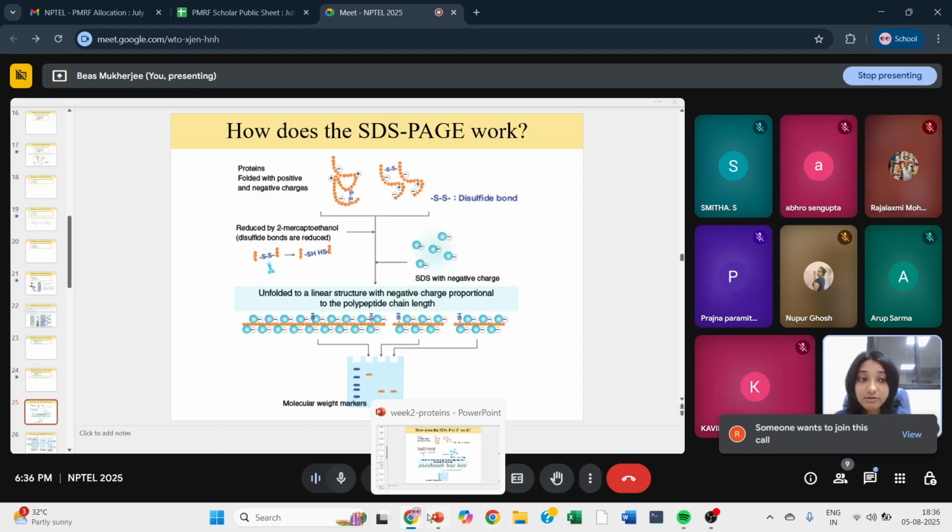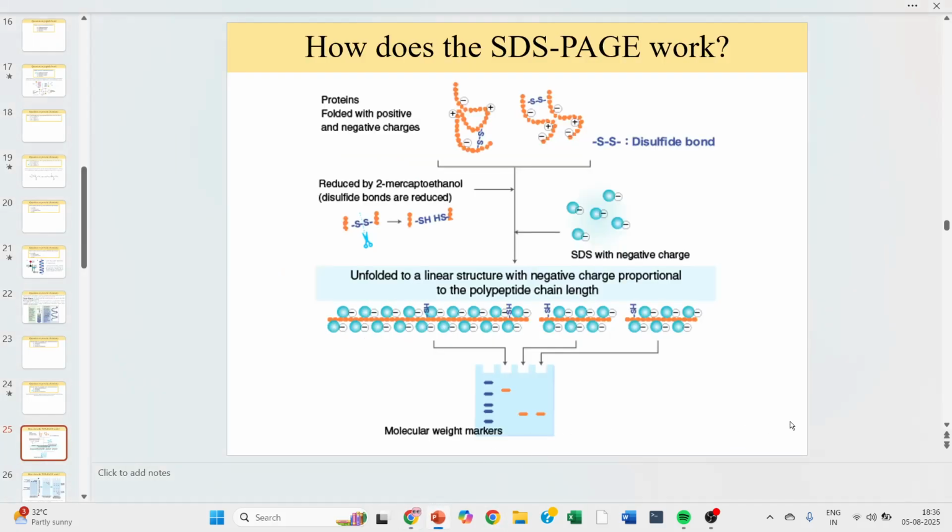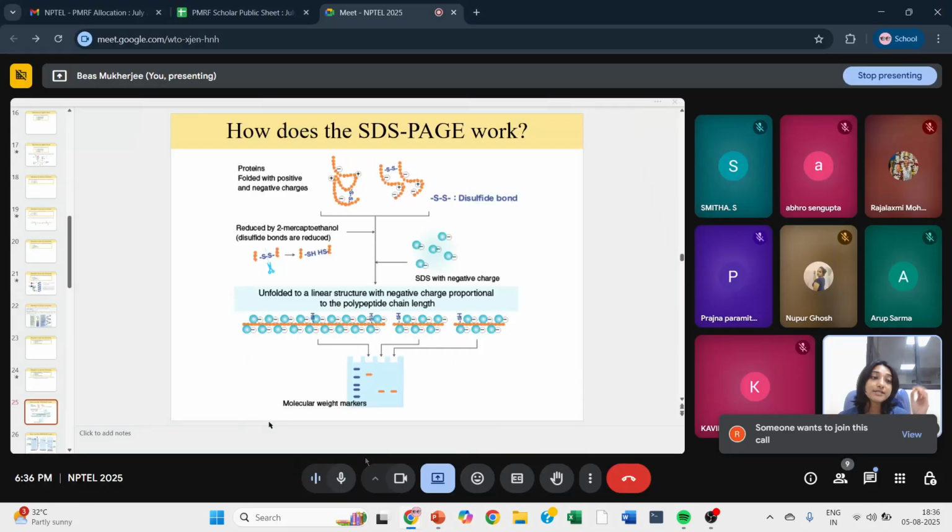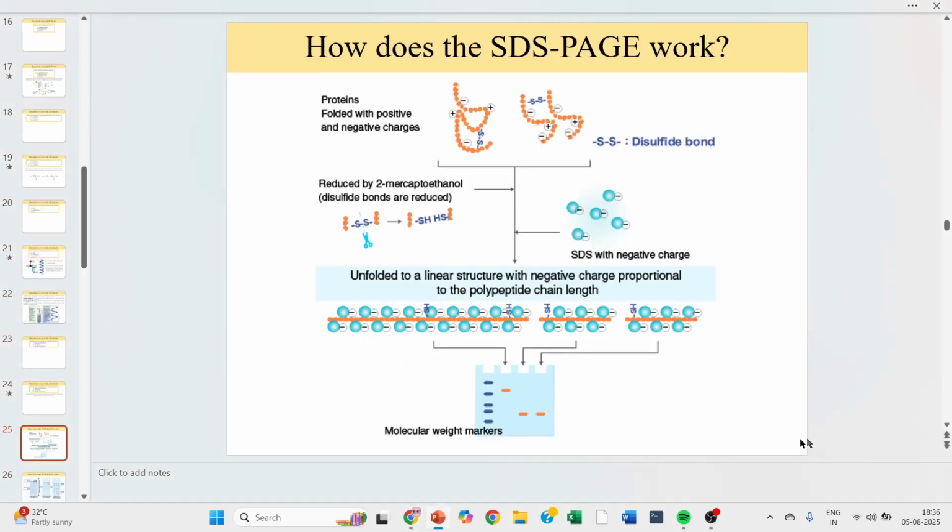Now in the gel also there is something very interesting going on. One of the questions is, let's say you're giving this SDS, how many SDS molecules are going to bind to each amino acid? That is a very interesting question, and it is possibly there in this slide, or it's a very common question that they can ask in exams. So just for your knowledge, you have to find out the answer and remember. If it's there in the slide, well and good. If not, try to find out the answer.